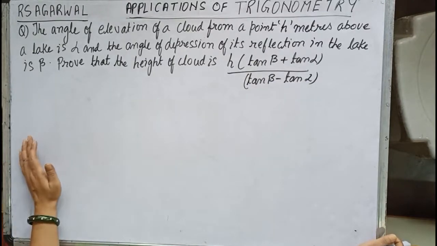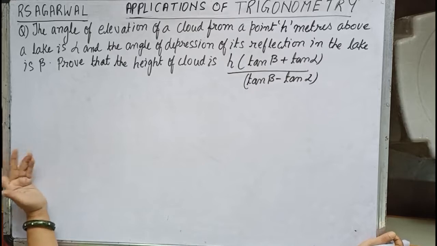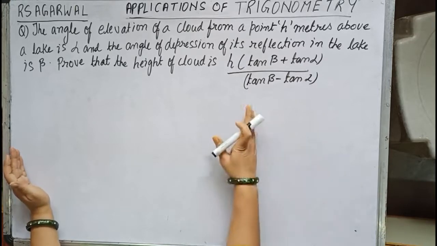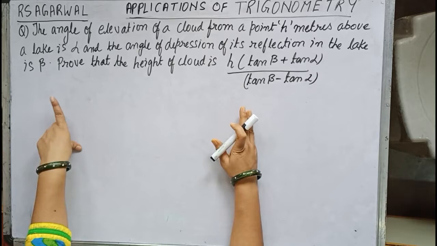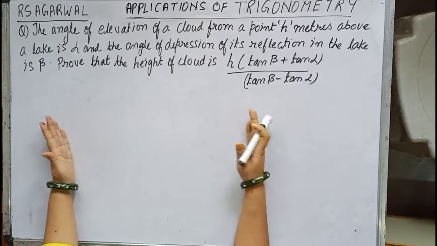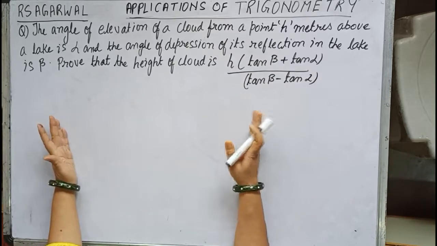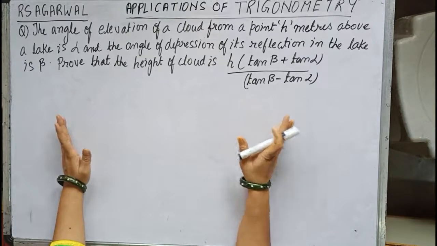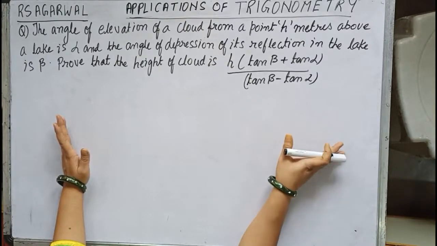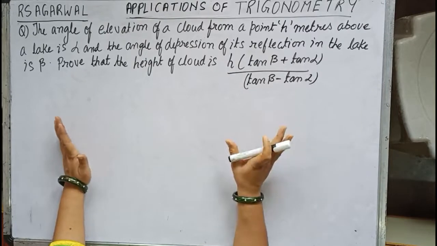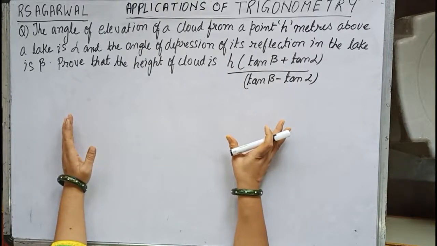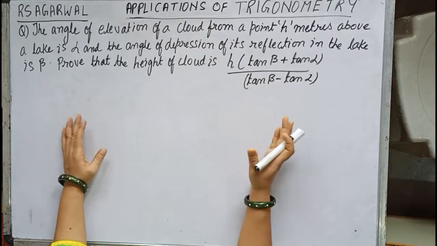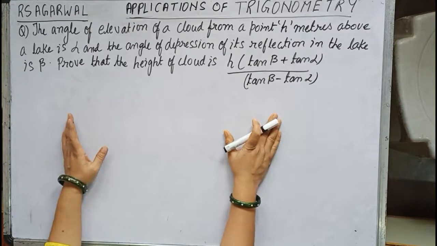Today I will be doing a few sums of R.S. Agarwal which I feel need to be discussed with you. This question which I have written on the board is from R.S. Agarwal, example number 17 or 18 in the book, because I have written the complete question here. First I'll explain the question, we'll draw the figure, explain the figure and then I'll solve it. This question is important from the examination point of view, and if it comes, it will come under the 4 mark section. So let us go through the question.